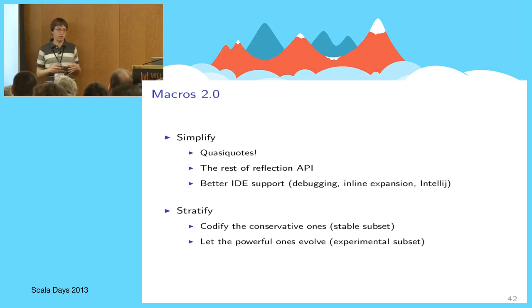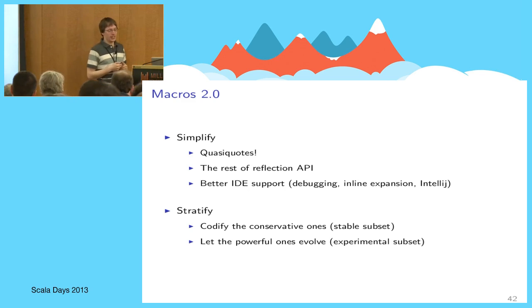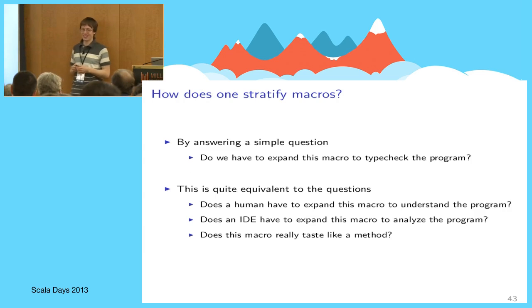And the rest, the more dangerous macros that we haven't been able to tame for now, they will remain in Scala as experimental features. I think that's quite a nice plan. And how do we split these good macros and bad macros? This was a topic of really hot discussions that we had internally for the last couple of months. But I think we've arrived at a really simple and clean solution.